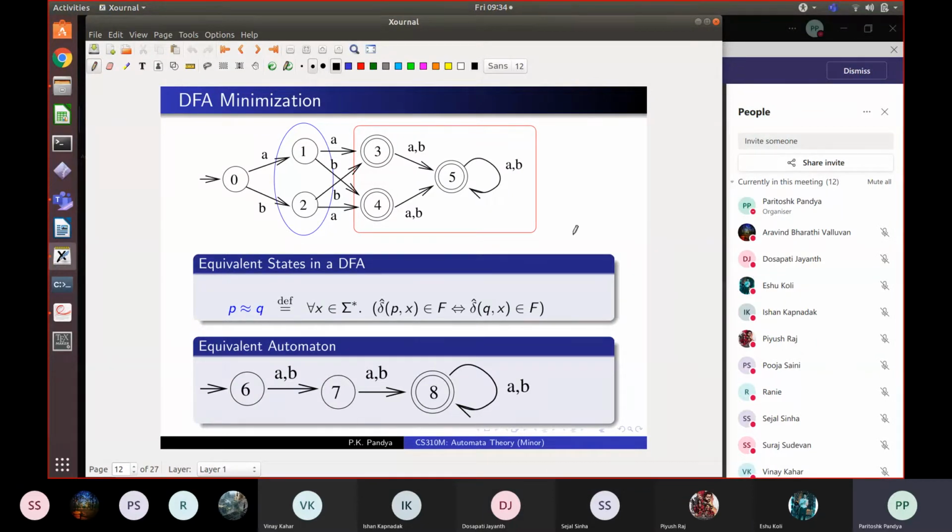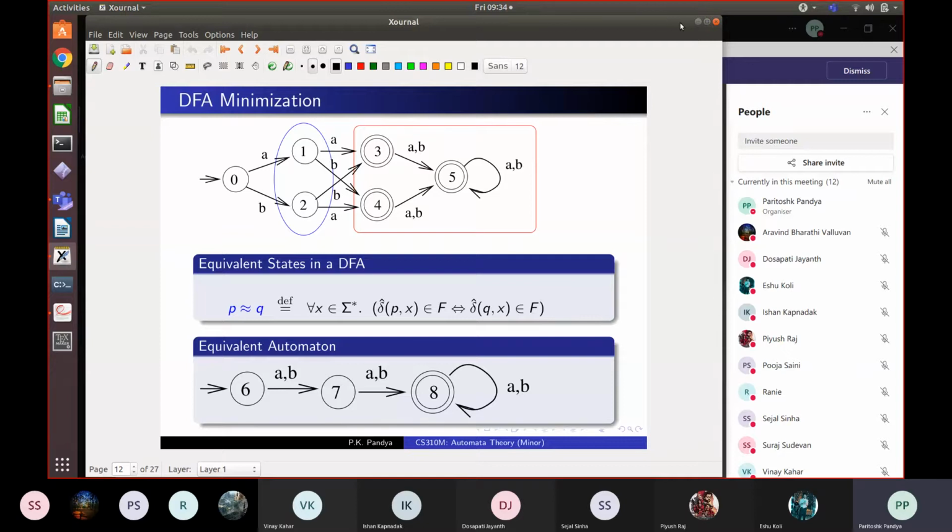I hope if you've gone through the material of last time, this slide should be very clear to you. We start with an original DFA, which is given at the top, and then we want to minimize it, or transform it into a smaller sized automaton, which is given below, such that the language of the two automata remains the same. That is the purpose, right? And the important concept that we defined in order to do this was this notion of state equivalence of two states, right?